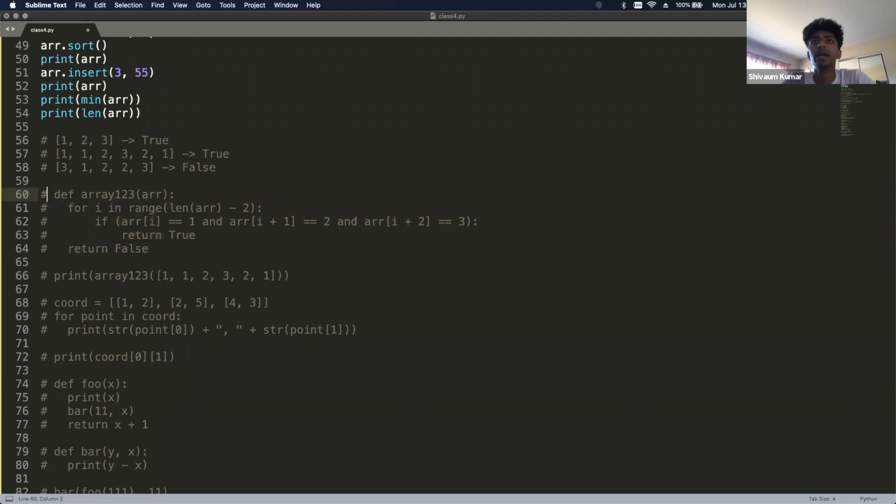So yeah, now we have this function right here, array 1, 2, 3, which basically checks whether the numbers 1, 2, and 3 appeared one after another. So we have array at I is equal to 1, I plus 1 is equal to 2, and I plus 2 is equal to 3. This basically just checked our current value, the value after that, and then the value one more after that. This is a pretty cool implementation just to check that the values 1, 2, and 3 came,